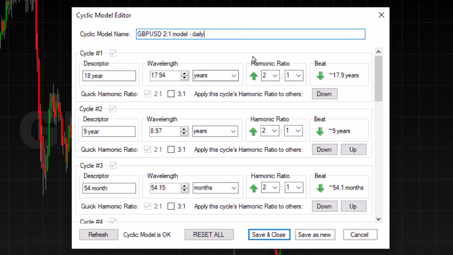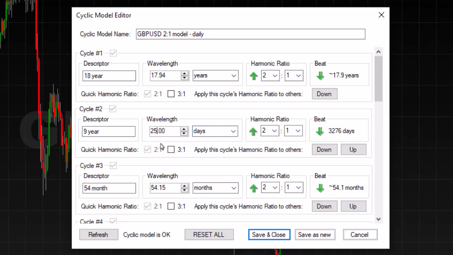So in this cycle model editor, the editing process is actually really simple. The really important thing to remember is that a nominal model must be robust. It must be absolutely correct. And in the drop downs here, you can see you can go all the way down to seconds, but we don't need to go down to seconds. Going down to days is good enough. You can see that the average wavelength of a 9-year cycle is 3,276 days, and I'm simply going to replace